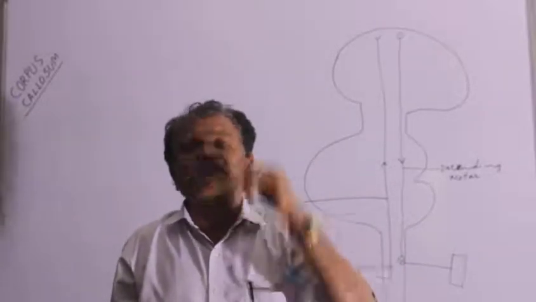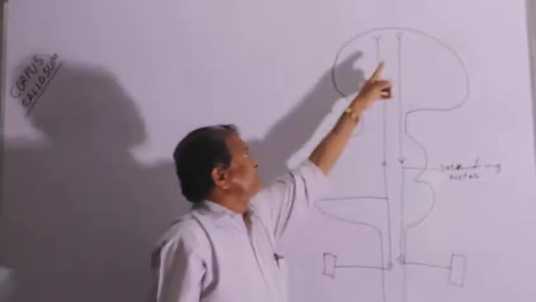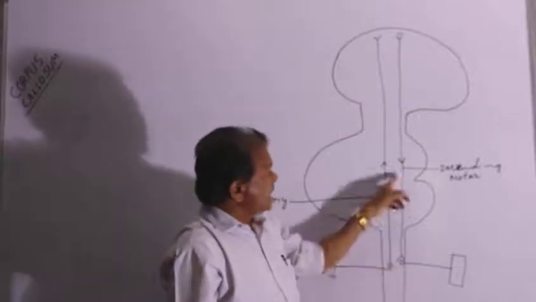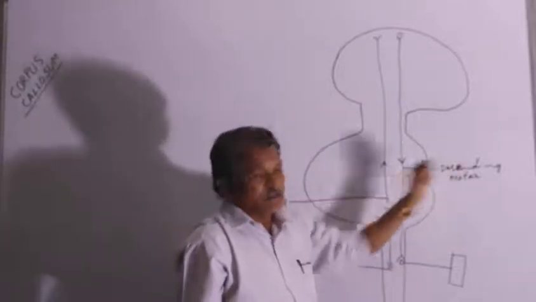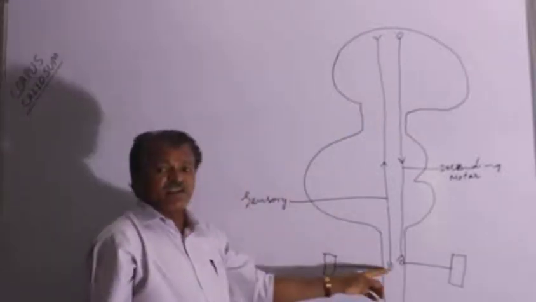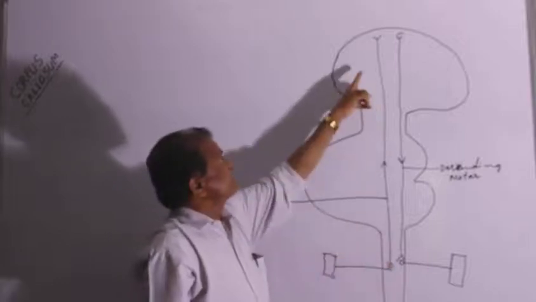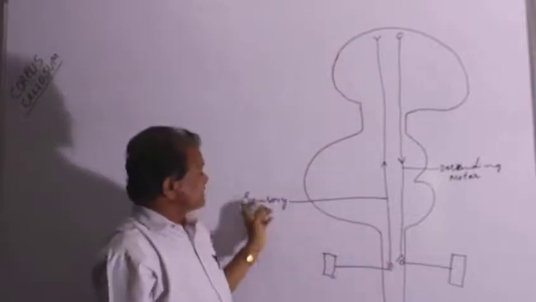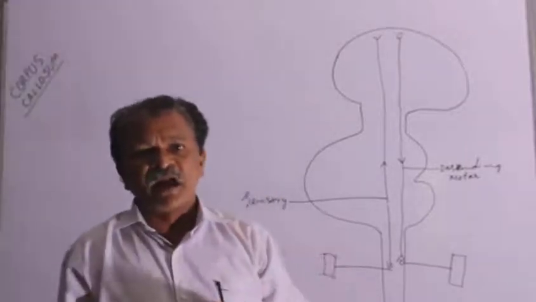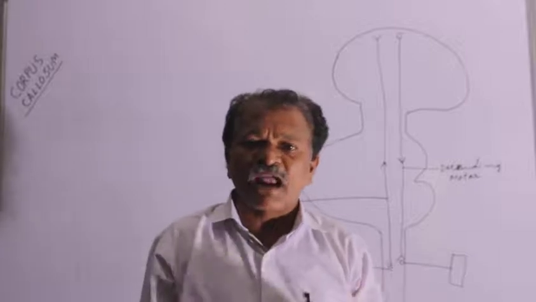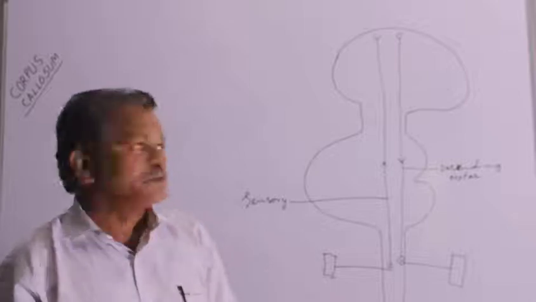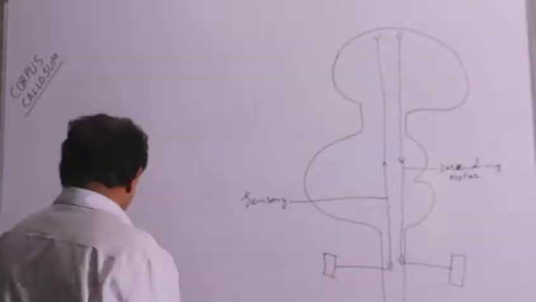Tracts mean there are fibers ascending upwards or descending downwards, meaning their extension is vertical. Those starting from the higher center and descending downwards are named motor or descending tracts. And some fibers entering into the central nervous system ascend upwards and stimulate the cortex, so these are called sensory. The tracts are of two types, one sensory and another motor, and these extend vertically, downwards to upwards or upwards to downwards.